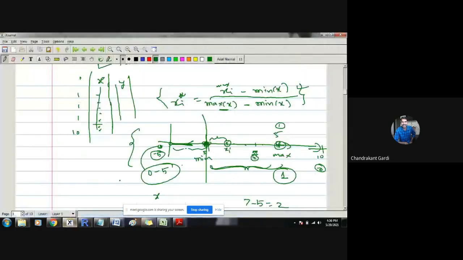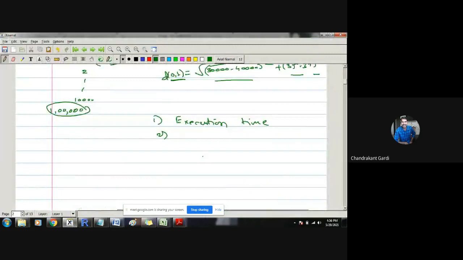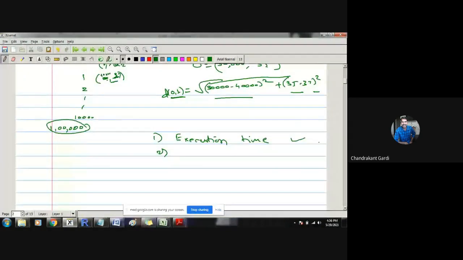As we saw, for this knn classifier, the first drawback was execution time, and the second was that distance was heavily loaded by those variables which had a large range. So if the range is large for a particular variable, suppose x1, x2, up to xk are the variables, and x5 has the largest range, very much larger than the other variables' ranges. In that case, x5 is going to have a dominant say.